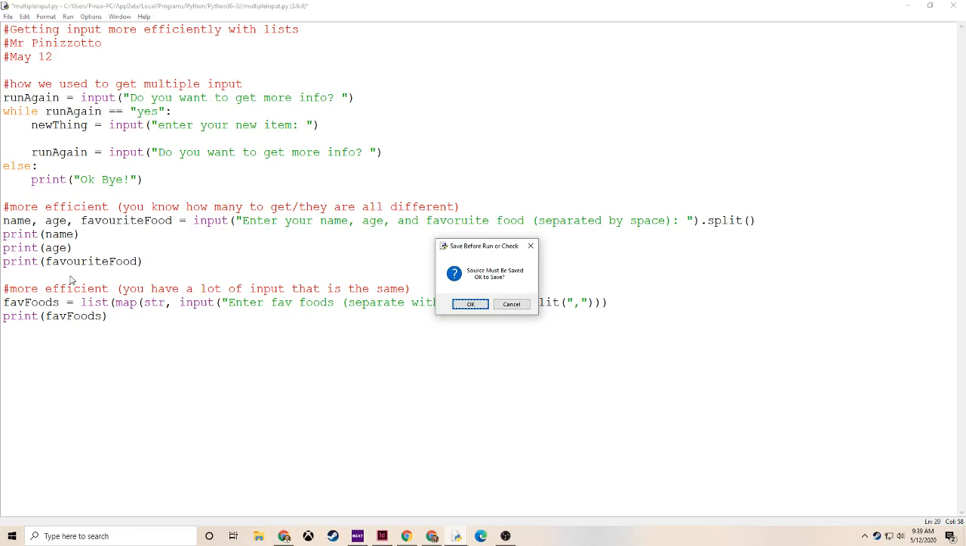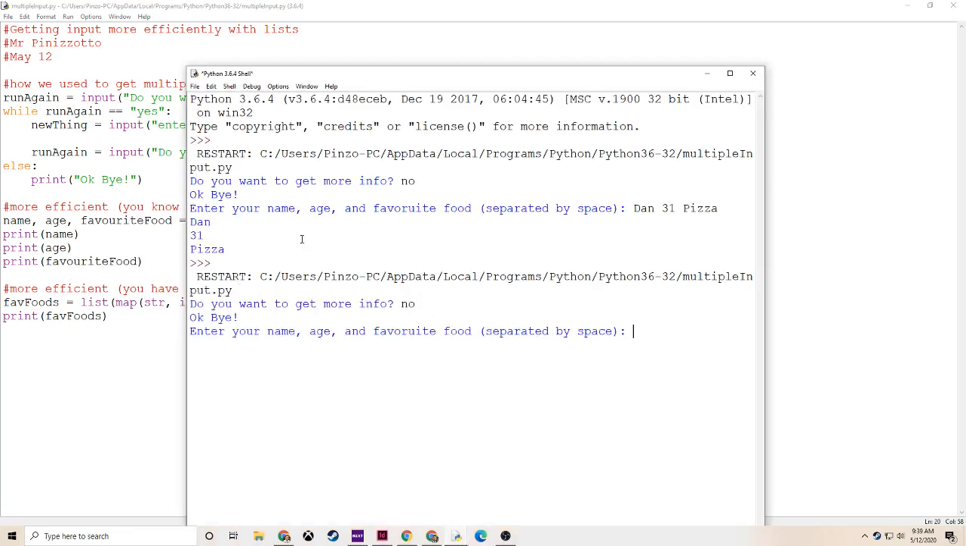So when we do this and we run it, I say no right away because I don't want to go through the old way. I say Dan. I say 31. I say pizza. Prints those out. Okay, so pizza, pasta. Now, I'm not going to put a space in there just to show you that it works out really nicely. Wings, taco, burrito. Indian food is really good. Burgers,